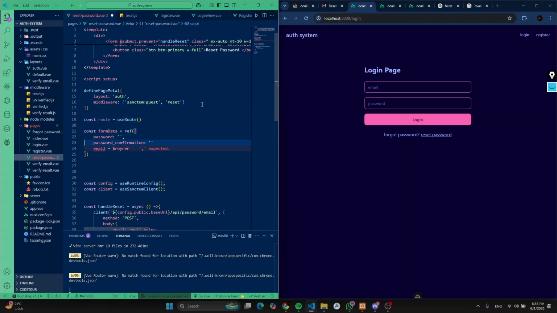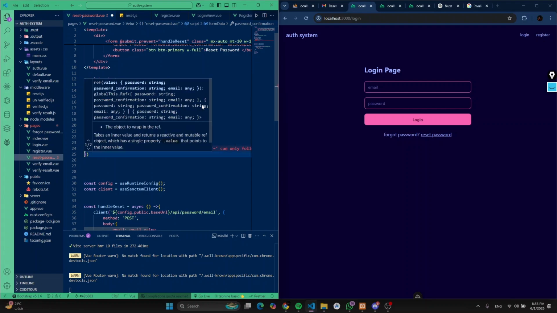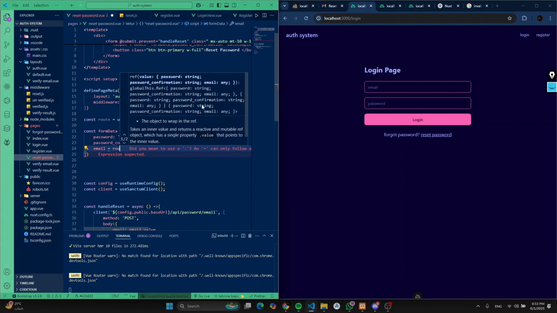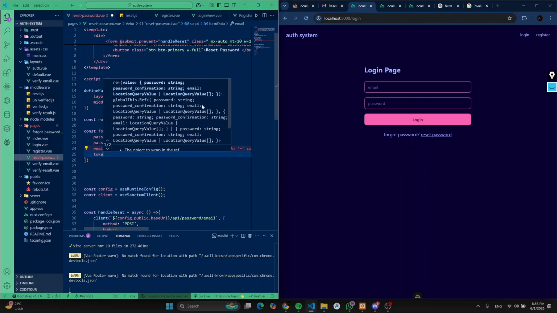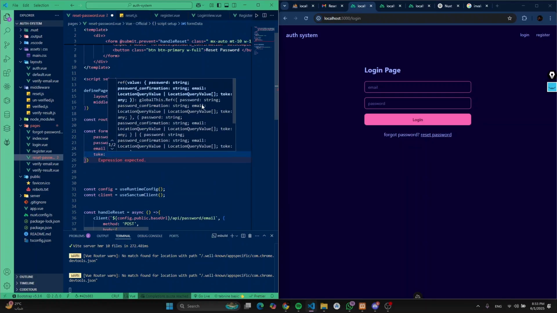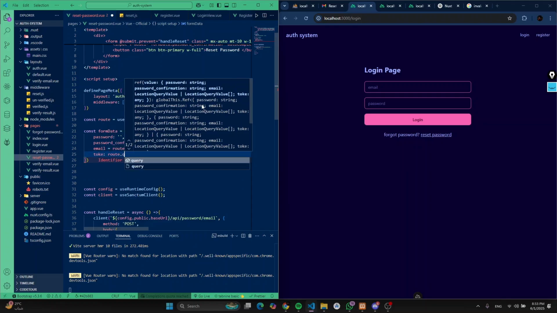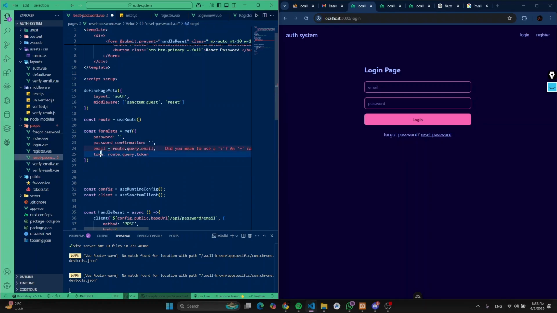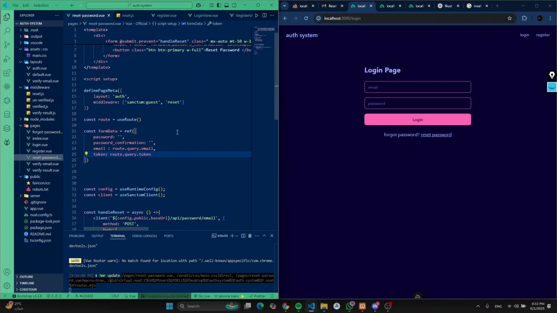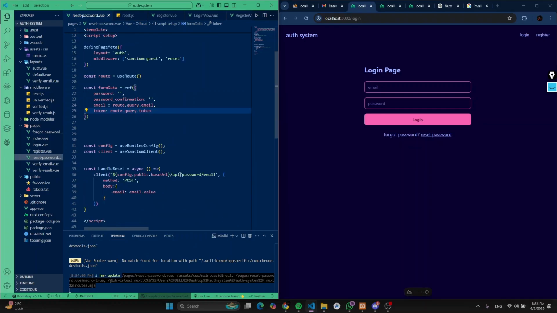Okay, and now we can just be like route.query.email, and token will be route.query.token. That's super cool so far. So now we're just taking these because, as I told you, the reset needs email, token, password confirmation, and then we just go to the API